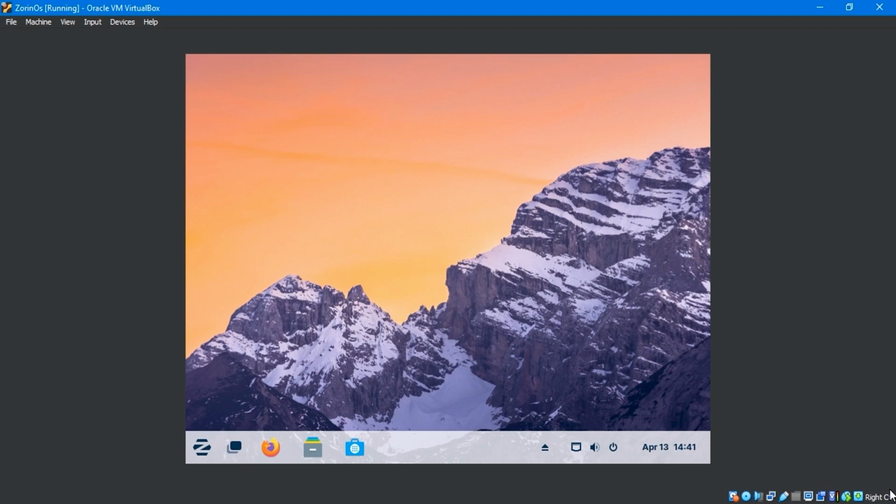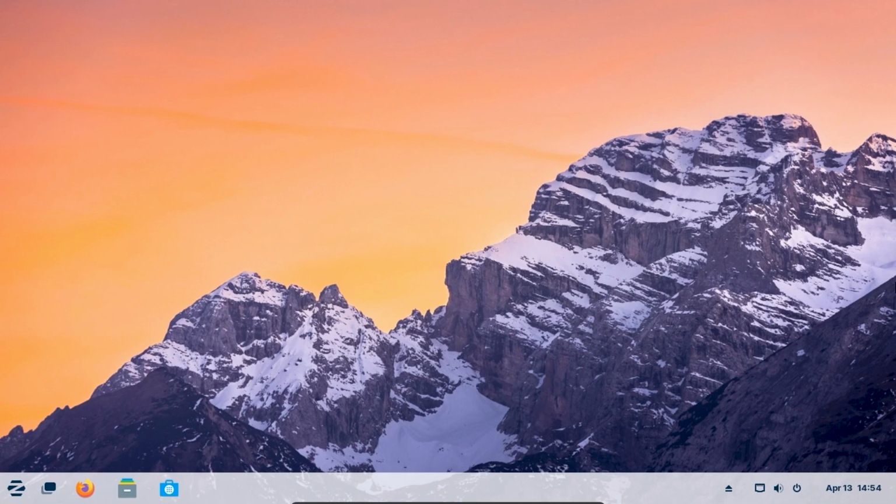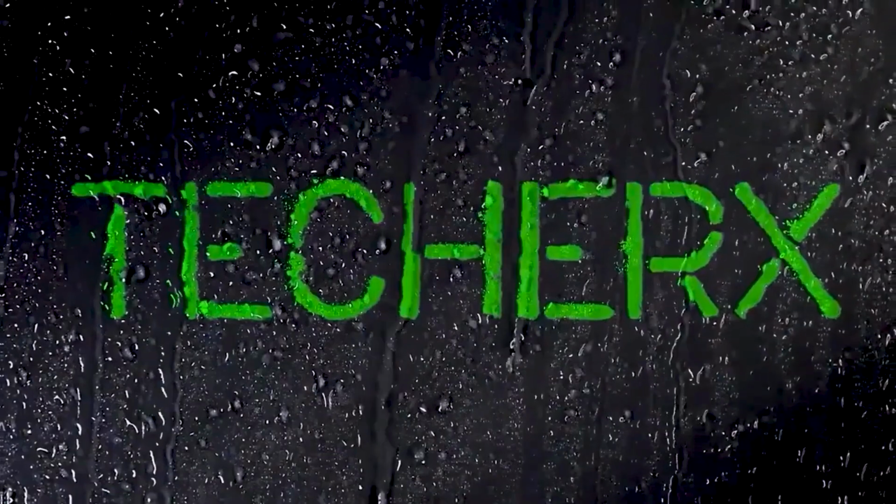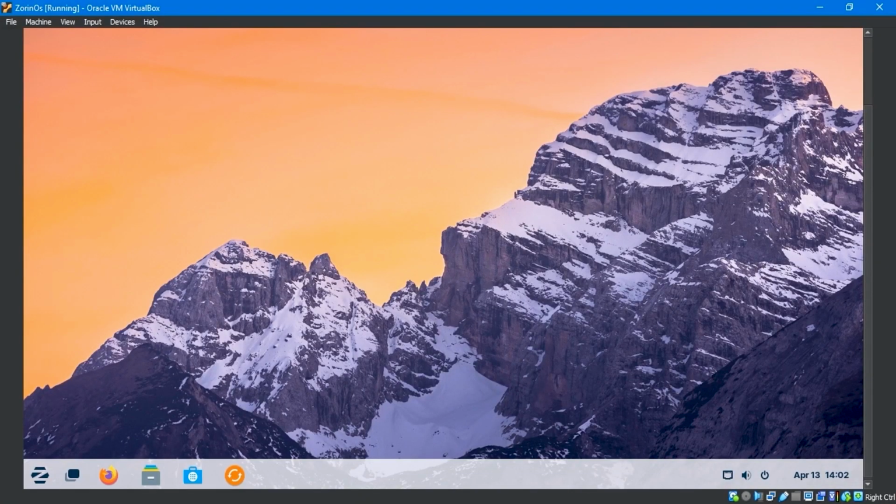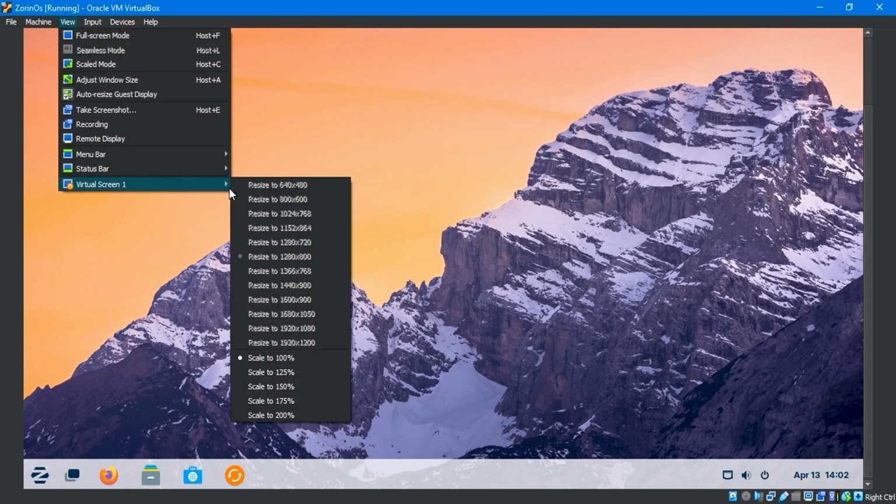Welcome everyone. In this video, I'll show you how to adjust Zorin OS full screen display in VirtualBox. So let's get started. The display screen and the virtual machine screen sizes are not the same. We're going to use the View menu virtual screen option to adjust the screen size, but it's locked, and we